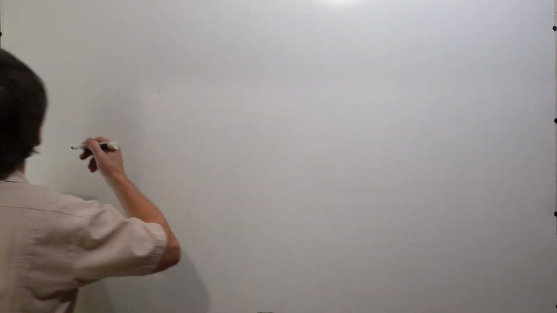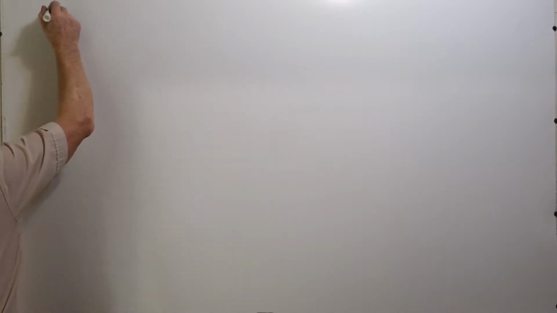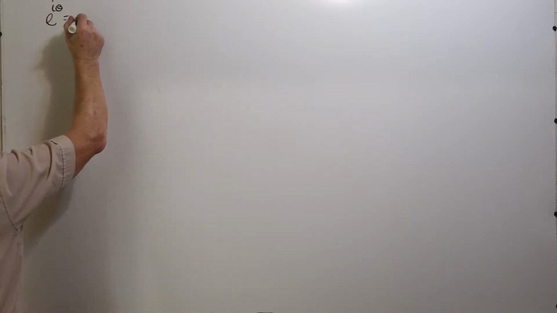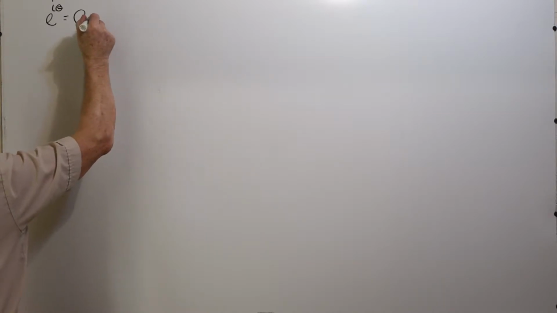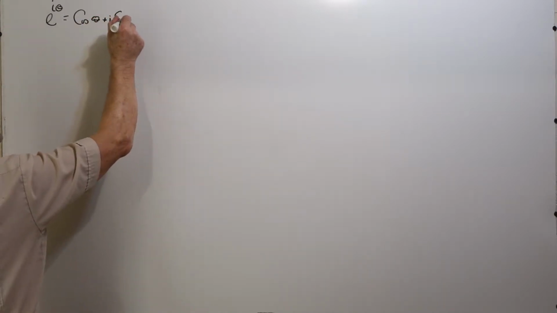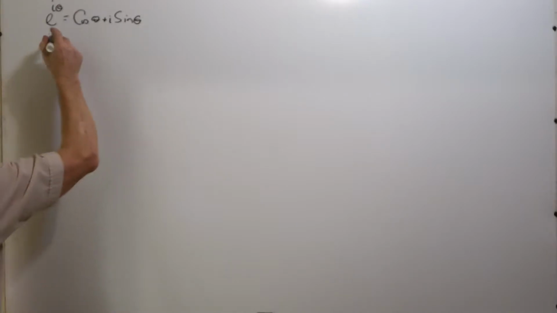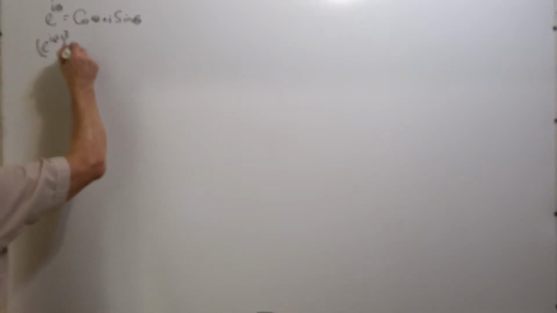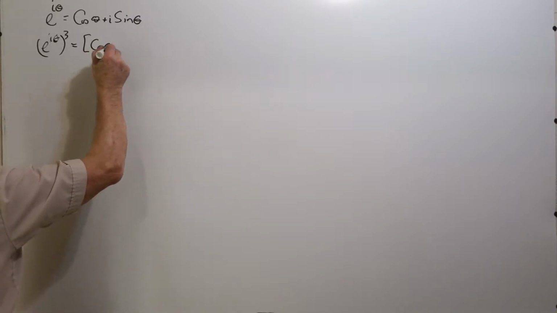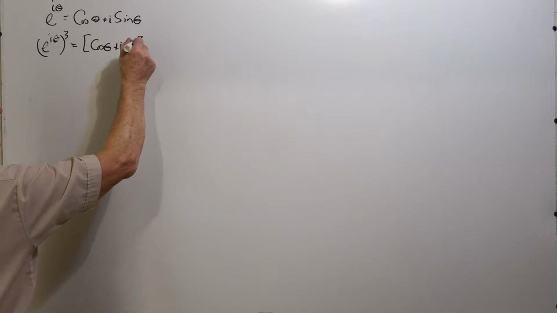Now let's see what happens when we make the power n equal to 3. Again, we start with Euler's identity. e to the i theta is equal to the cosine of theta plus i times the sine of theta. And what we're going to do is raise each side to the power of 3. So we have (e to the i theta) to the third power is equal to (cosine theta plus i sine theta)